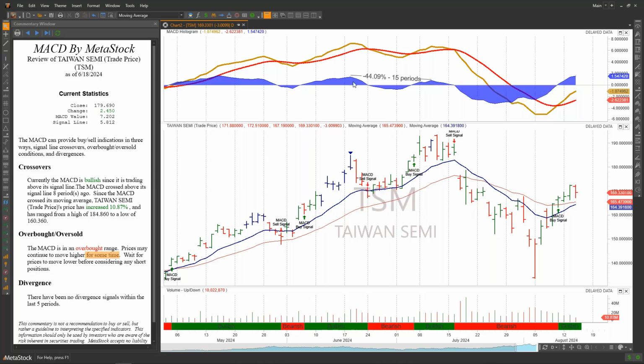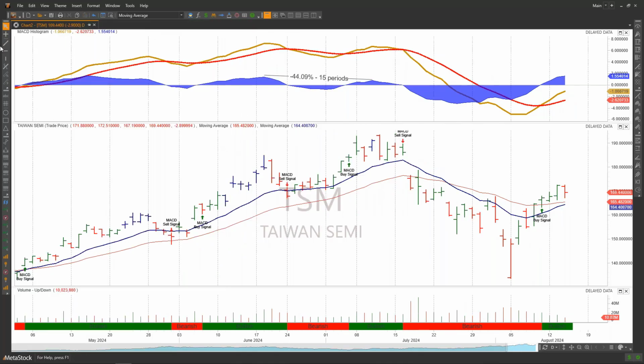Now, if I compare the price movement during a similar time, let's look at the peaks again. I'm going to close this commentary for right now. If I look at this peak right here, this is the highest price at about the same time MACD peaked. So I'm going to pick that price and go to about the highest price before MACD peaked the second time after it went down below 0. Now, I'm going to make an argument that you're going to agree with me on because it's objective and not subjective.